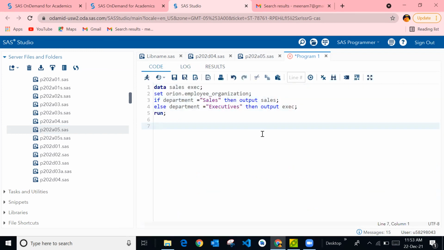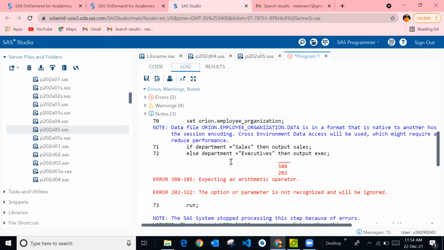So if department is sales, then output to sales. Else, there is no if given here. That is why in the log, if you go back into the log, it's highlighting then. It's telling that it's not understanding then. It's telling expecting an arithmetic operation. The option or parameter is not recognized because then comes only along with if.